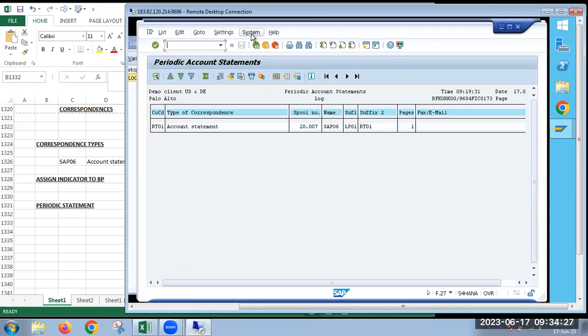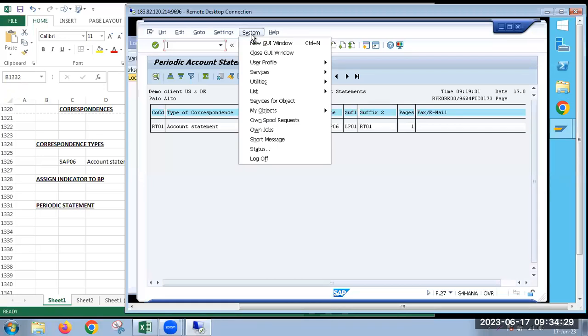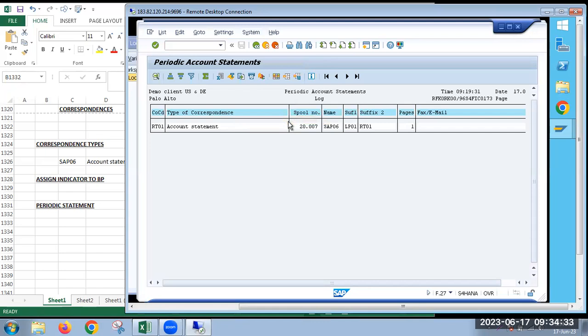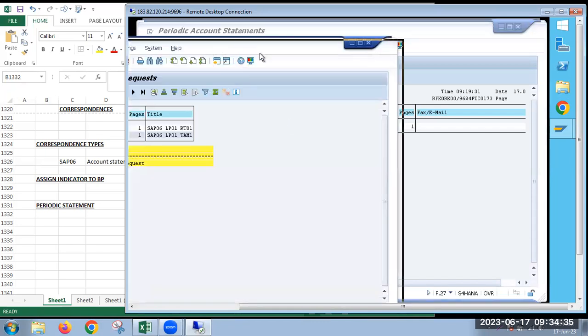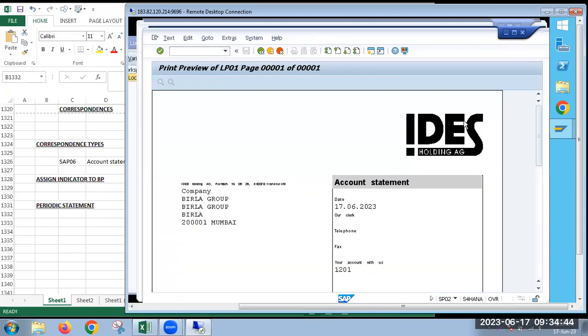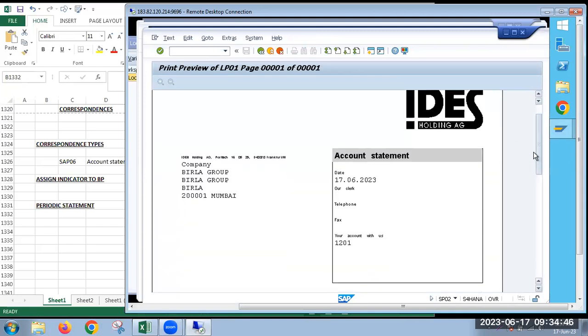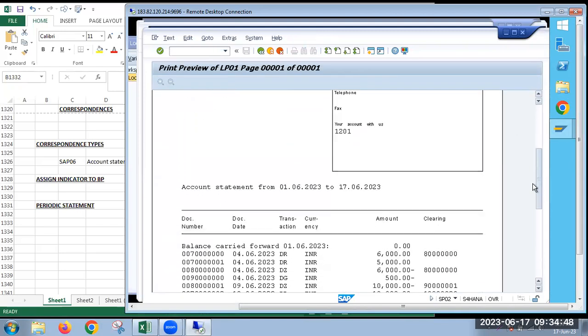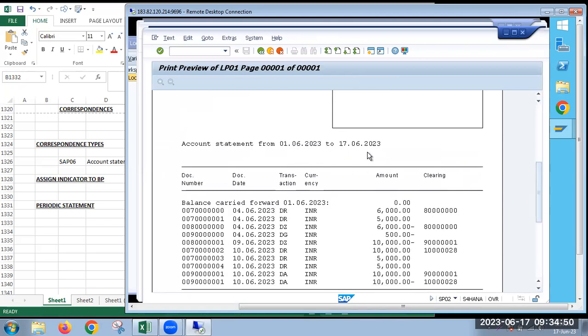Let's come to system support request. See, with today's date, one request is there. Upon this, say this is the statement for 1st of June to 17th of June. These are the transactions made. So basically, this